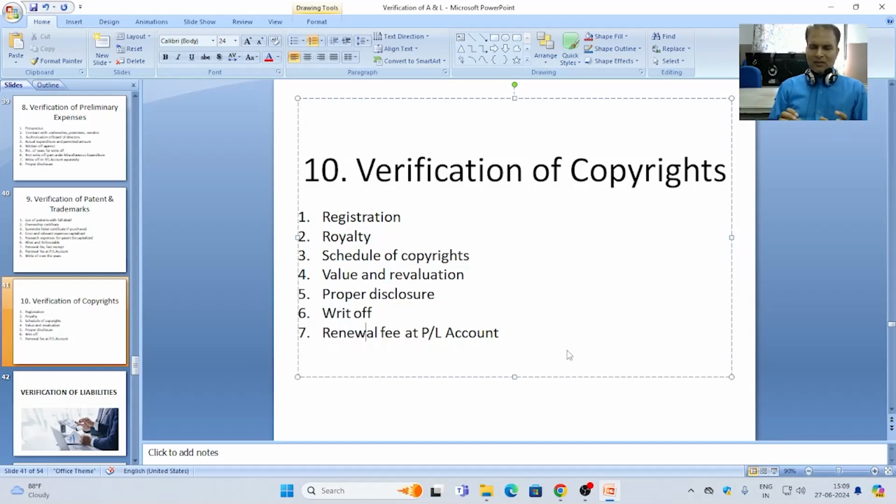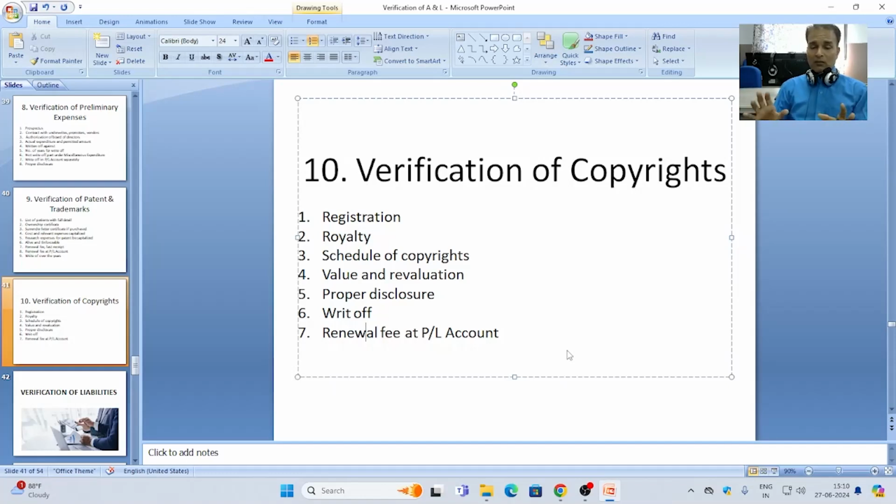If we analyze the proper process of verification, then we find that valuation always takes a great part of the process of verification. So at the time of verification, we can also say valuation and verification of the particular assets, or verification and valuation of the particular assets, because valuation is the most important part of the process of verification.